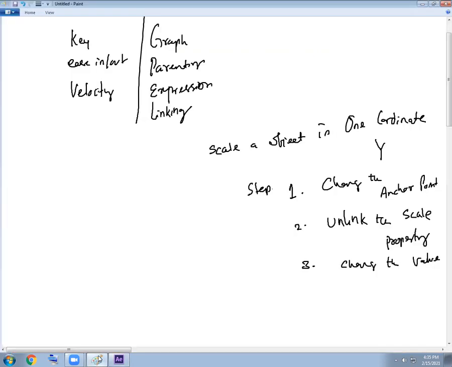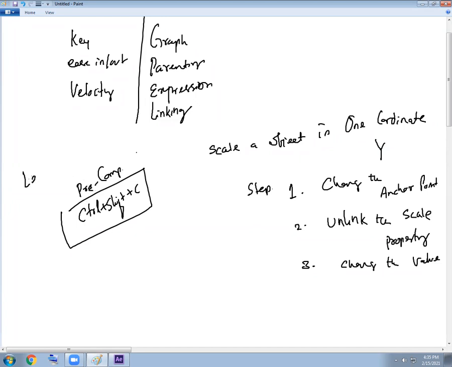That's it. Okay, so note it down, Control Shift plus C, pre-composition. So easy. And it is there inside which menu? Layer menu. Pre-comp. So now we have understood what is pre-composition and where is pre-composition and why pre-composition.